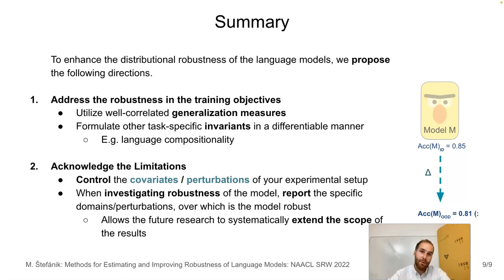To make these enhancements possible, we propose to address two main directions. First, we propose to search for the invariants of the language mechanics that can be formalized into the training objectives. Some of the invariants are already addressed by the referenced generalization measures, but others might be more task or language dependent. Second, to be able to sustain the progress of development towards more robust models, we propose to avoid extrapolating conclusions from the point-wise estimates and focus more on explicitly enclosing the covariates and perturbations for which our model is provably robust. Such enclosing will not only set realistic expectations, but will also clearly outline the directions that the future work can address.